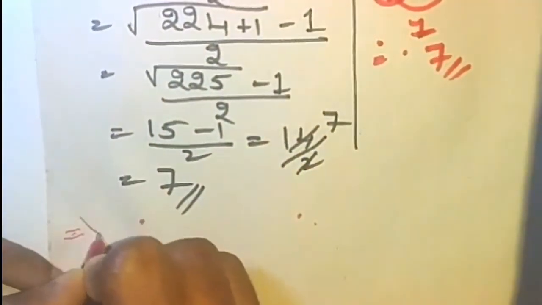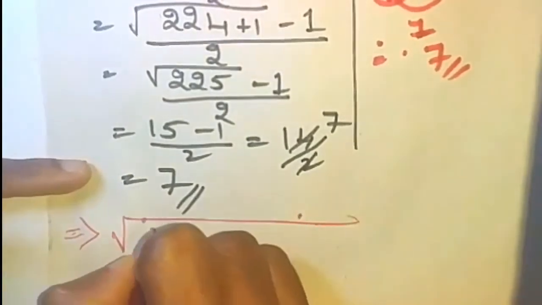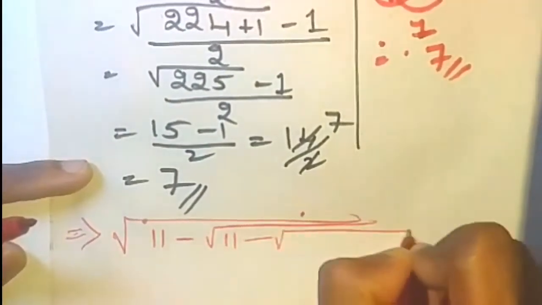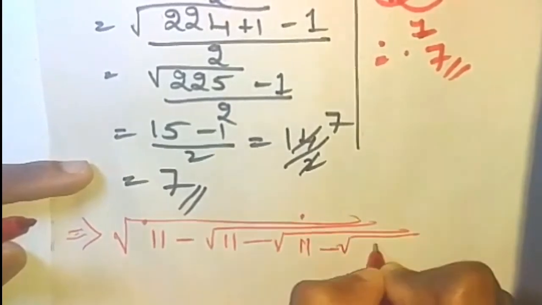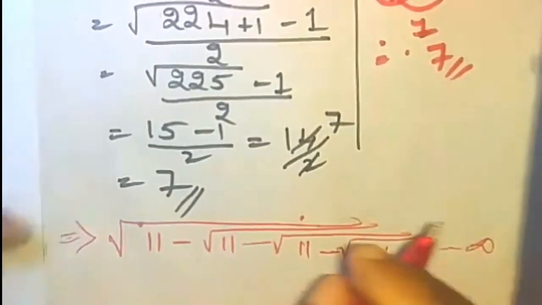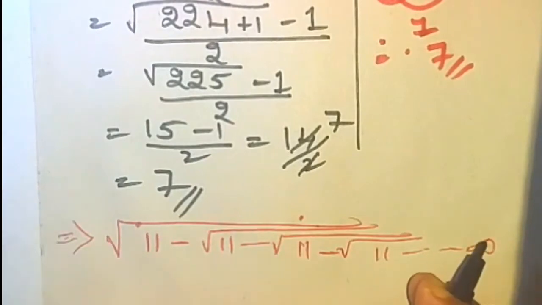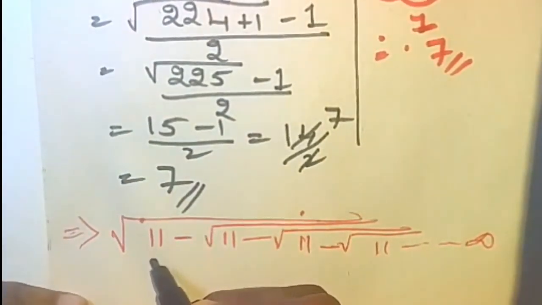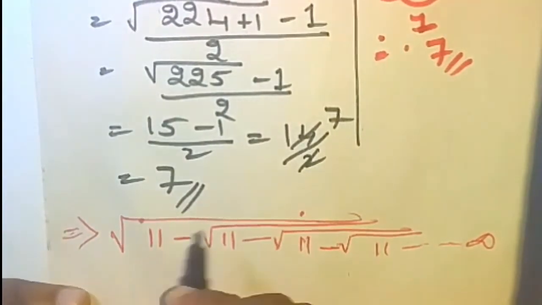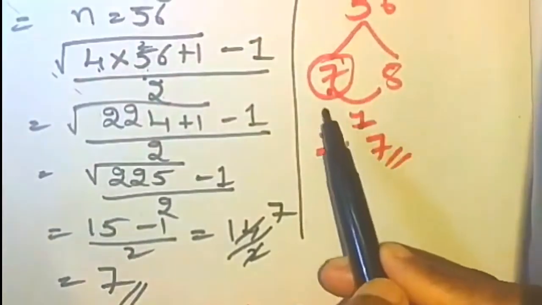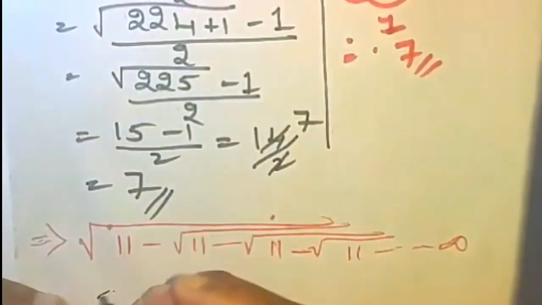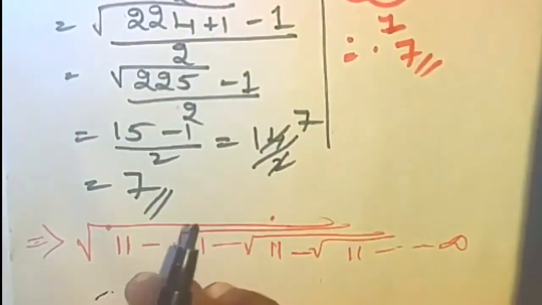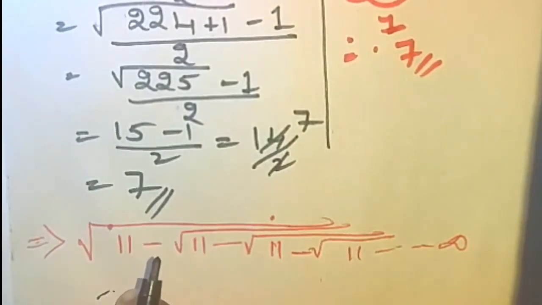Now I'm giving one more question for homework, that is under root 11 minus under root 11 minus under root 11 minus under root 11, goes on to infinity. Now children, I'm giving a hint here, because you'll go for factors, right? But don't go for factors, because in factors also we have to get the difference 1, whereas for 11 we don't get the factors. Okay, so though we get the factors also, the difference is not 1.